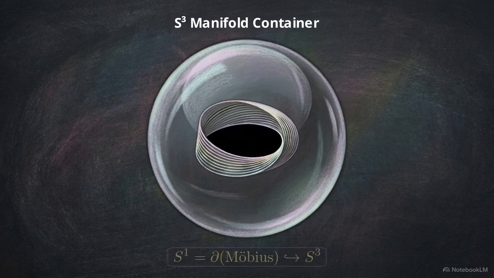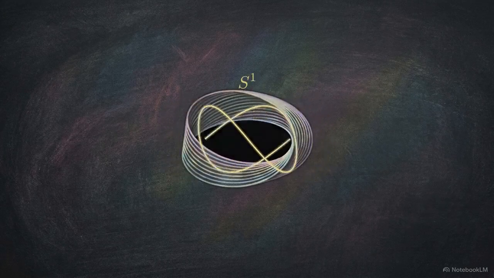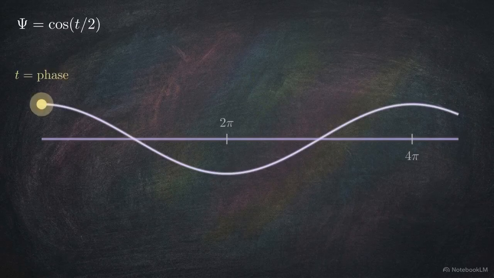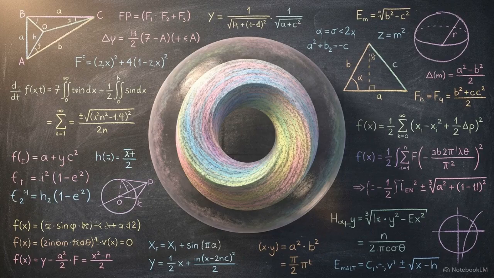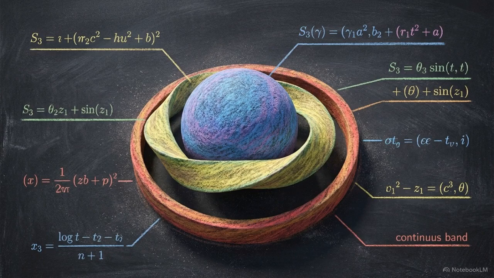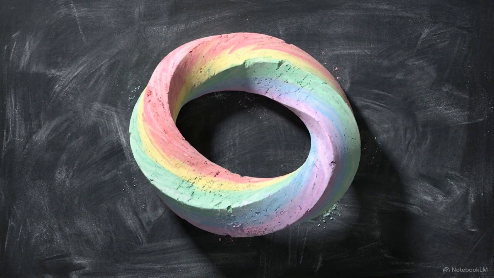The boundary of that strip is S1, the continuous temporal edge where time advances as the phase of the cosmic wave. Because S3 is closed and lacks any external boundary, the manifold triad represents the terminal limit of the framework. There is no outside to observe from. The Mobius surface introduces non-orientability into the vacuum. This single geometric property dictates the behavior of all matter.